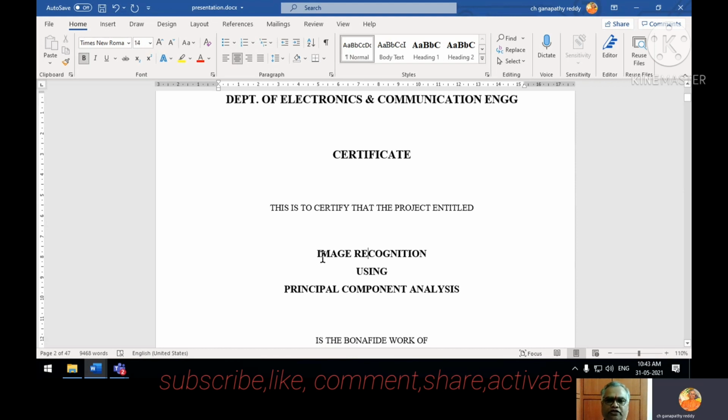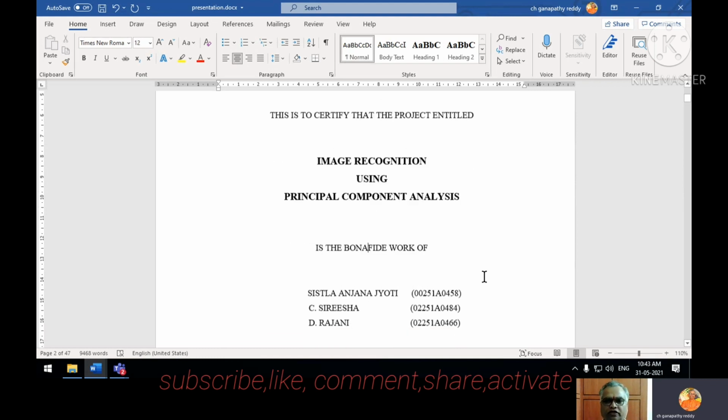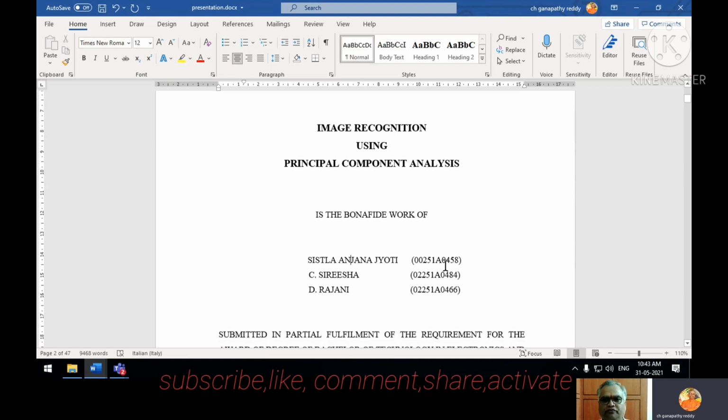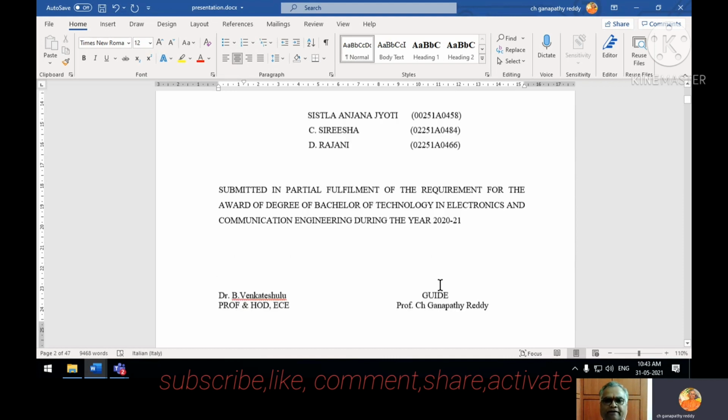Then "Image Recognition Using Principal Component Analysis" is 14. "Is the bona fide work" is 12. Again names are 12, all names written in capitals. Names are stated here, roll numbers also stated. Then "submitted in partial fulfillment of so and so during the year 2021."